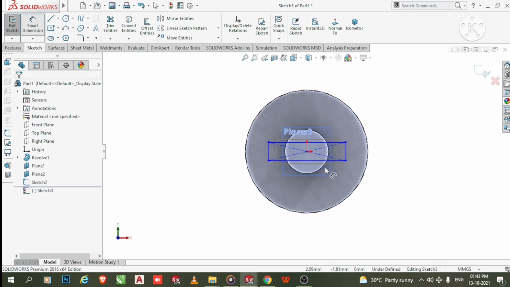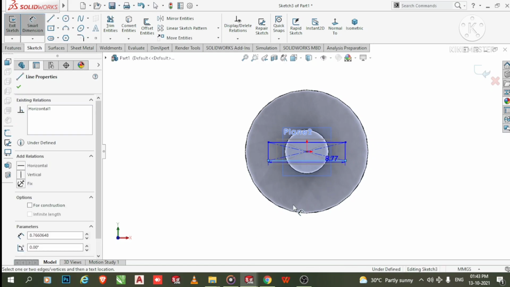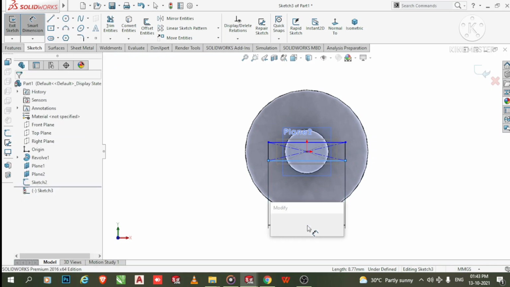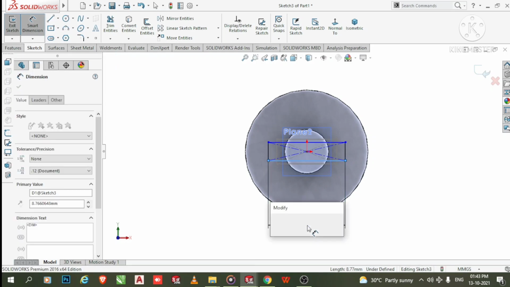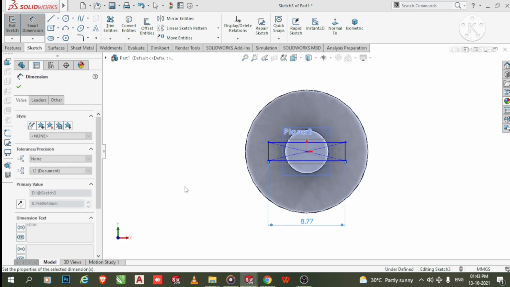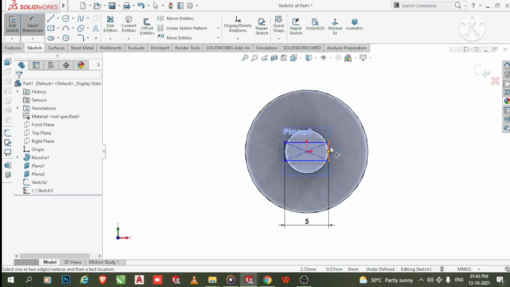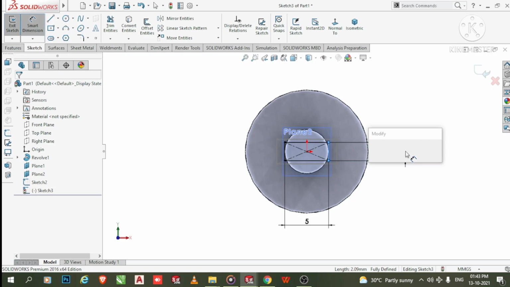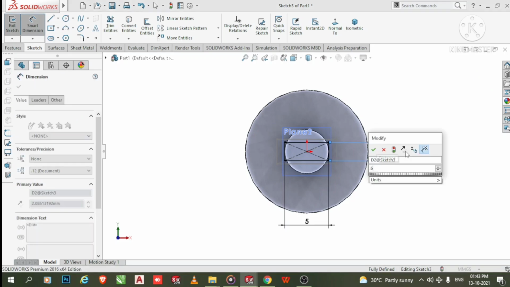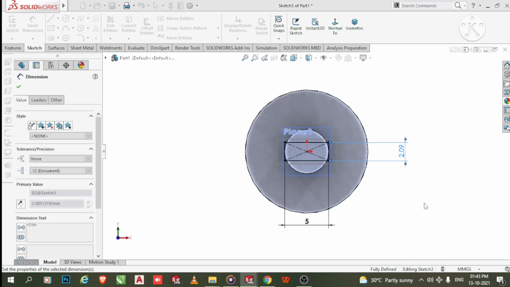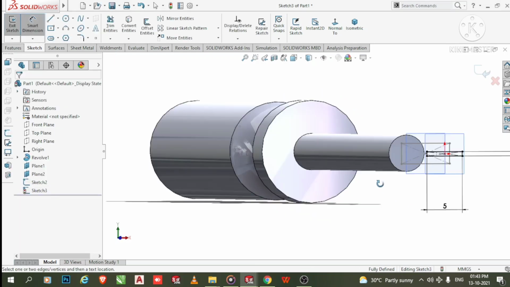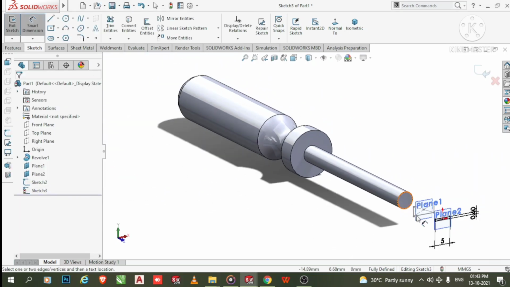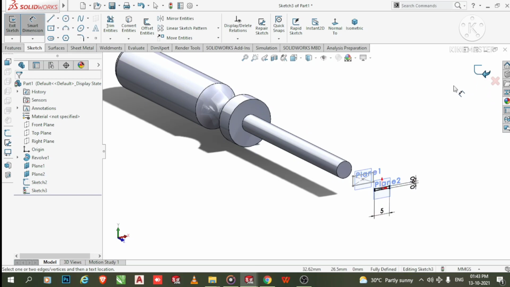Now go to the smart dimension and make it 5 mm, and select this line and make it 0.6. Okay, now here we exit this sketch.